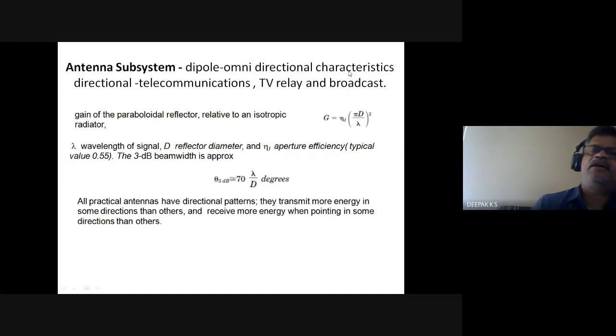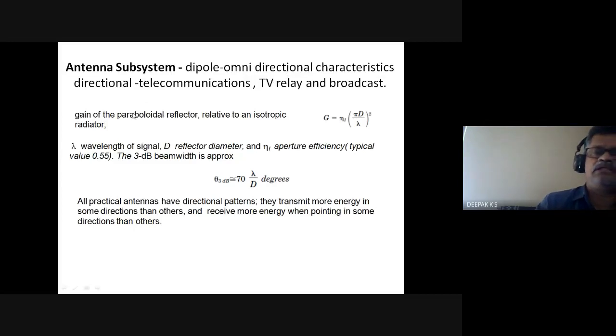However, during the launch phase, a satellite is put into orbit by going through many intermediate orbits, and then you reach the final orbit. And during these times, you need to have a dipole antenna which is omnidirectional, and that is used. So that is also there, as it is not yet placed in the final orbit. So there is a dipole antenna which has omnidirectional characteristics.